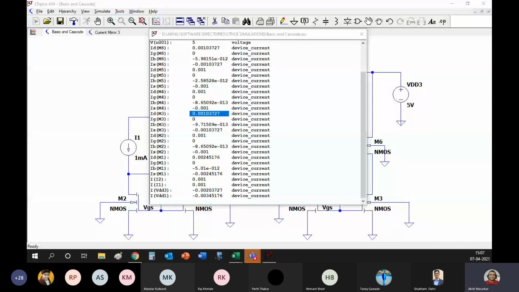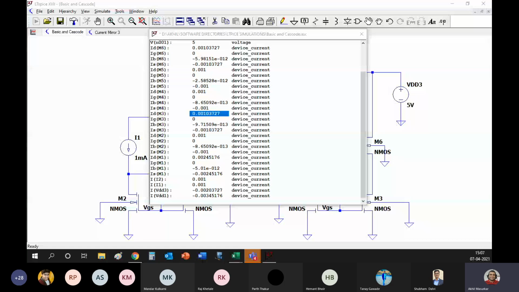Now first, before you do that, I want you all to observe ID M1, ID M2. ID M1 must be equal to ID M2 and ID M3 must be equal to ID M4. But as lambda increases, ID M1 and ID M2 go out of focus, that is they become unequal, whereas ID M3 and M4 continue to remain close to each other even if lambda value increases. So that is the thing that you will observe first and post the outputs in the chat box.